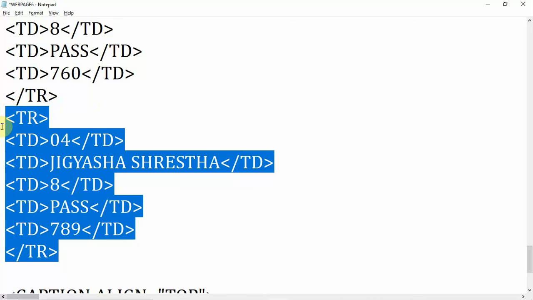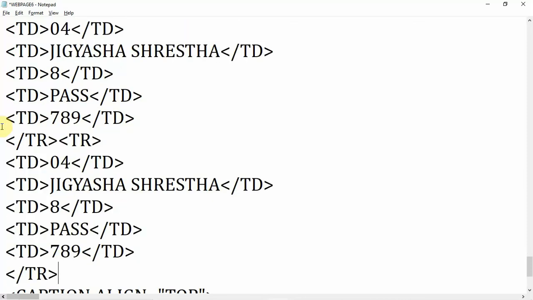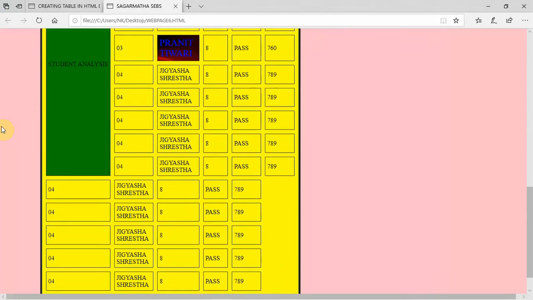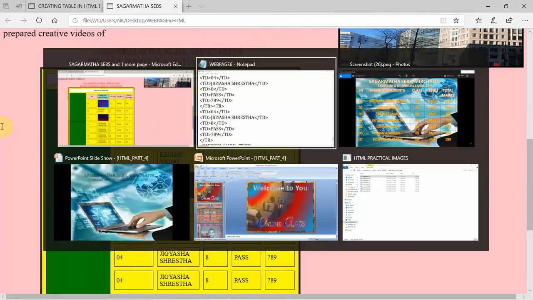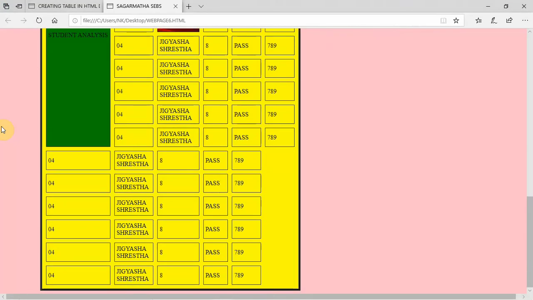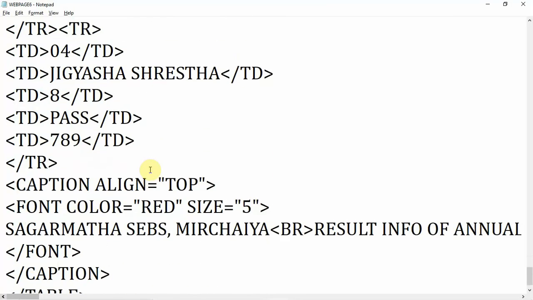So use this method, Ctrl+C, I want to repeat the same name, Ctrl+V. So you can see, Ctrl+S, the same name is repeated there multiple times. But there is some problem you can see, because we have given only 10 values in rowspan. We have to make changes, otherwise we have to give empty TD there. You can make changes from here, with the help of an empty TD.